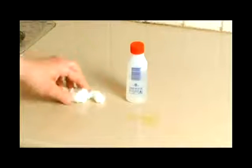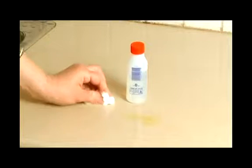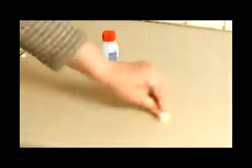It worked for me for most of the glues. I haven't been trying all kinds of glues, but whatever I tried, it always worked out. What we do is we're just going to take some cotton, pour some acetone or nail polish remover on it,